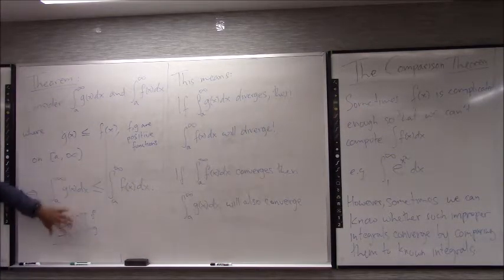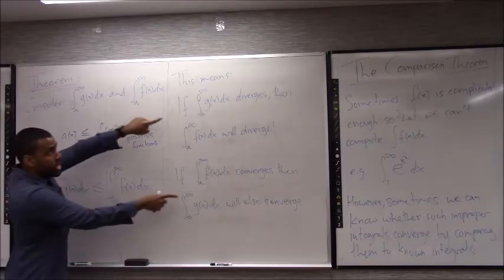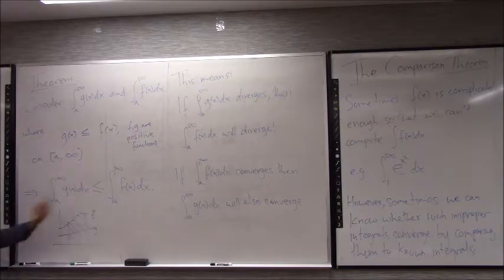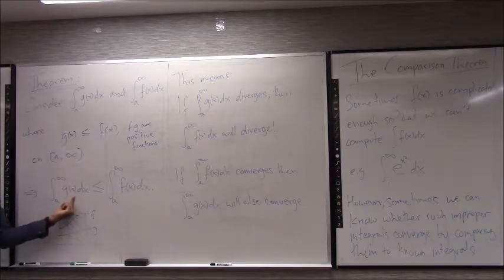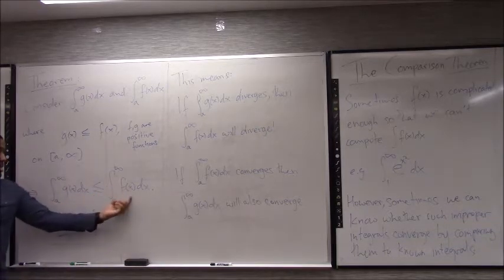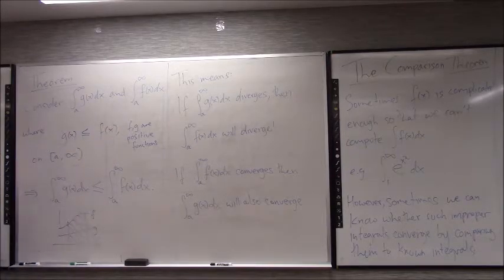So knowing this relationship and knowing what one of the integrals is doing, I can talk about what the other integral is doing in these two cases. It turns out if this guy converges, I can't say anything. This guy could be infinity, he could not be. I don't know. If this guy diverges, again, I can't say anything about that. But in these two particular cases, I can talk about it. If this guy diverges, I know that also diverges. And if this guy converges, I know that also converges. This gives us the comparison theorem.